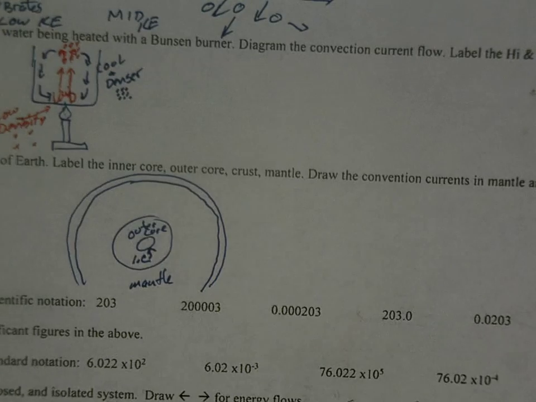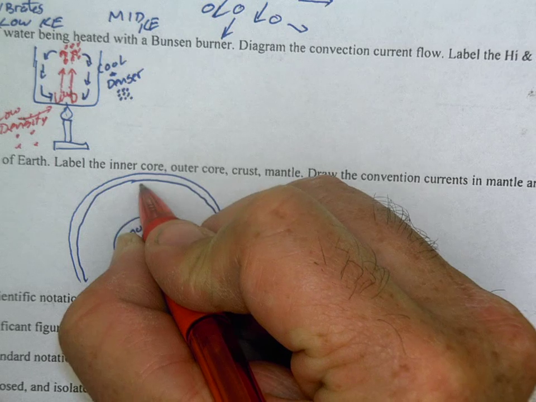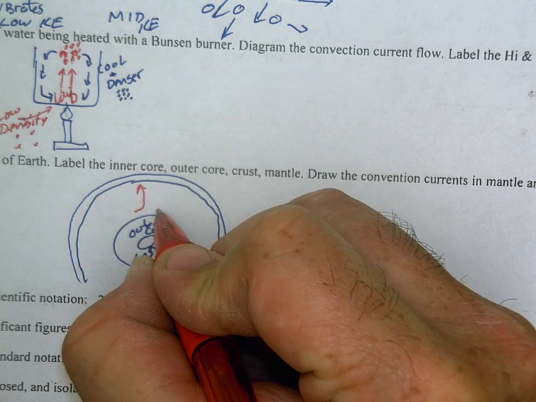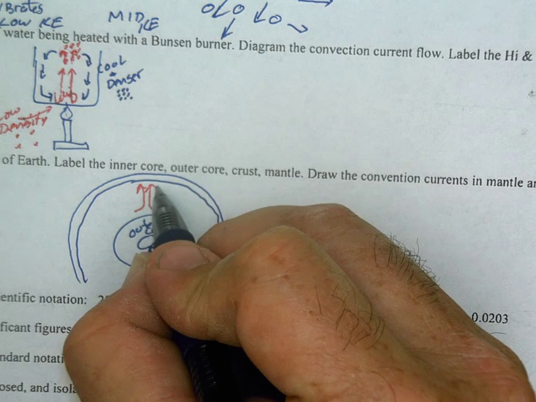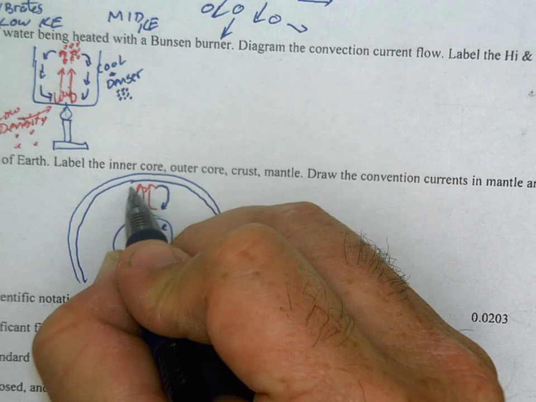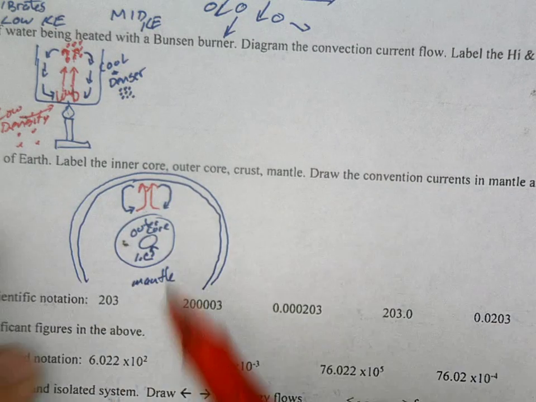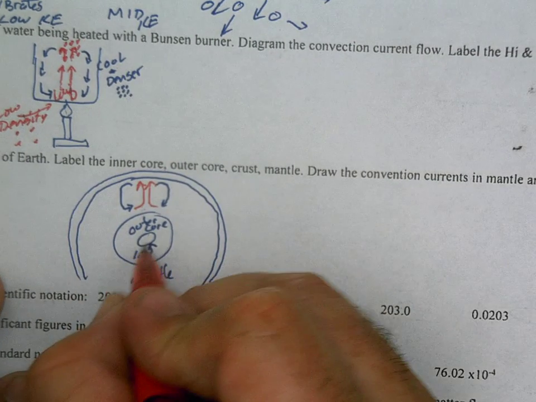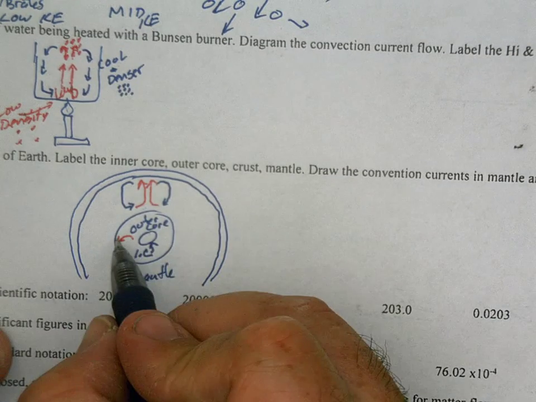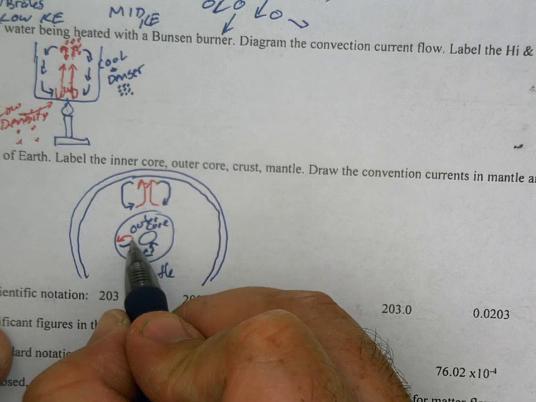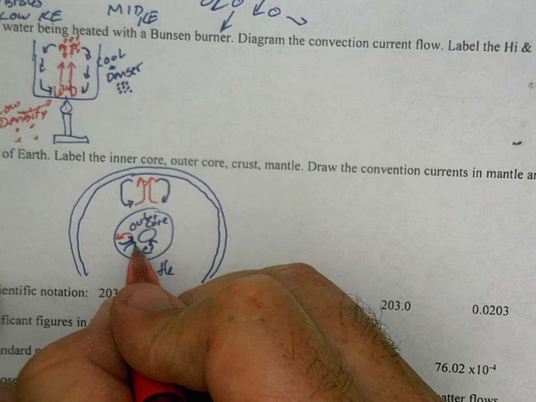Okay, so we've got heating from the core in the mantle making this stuff, the magma, get hot and rise. It hits the crust and it cools down and sinks, and you get these little convection currents. Now this heat is coming from the outer core. I should have had this drawn in another spot. But you've got heat rising from the inner core, and then it gives up some of its heat to the mantle, and then it cools down, and we've got this convection current going on in the